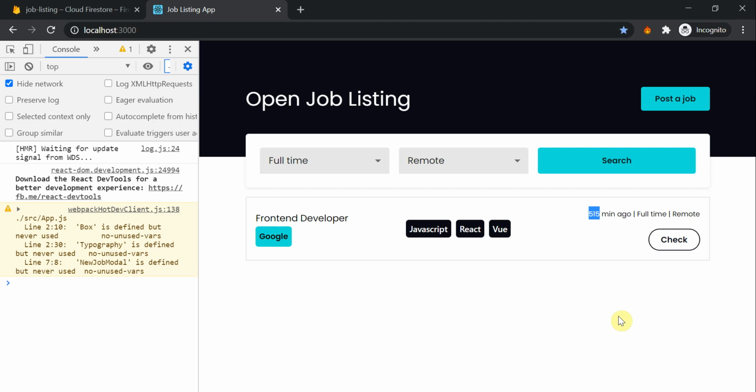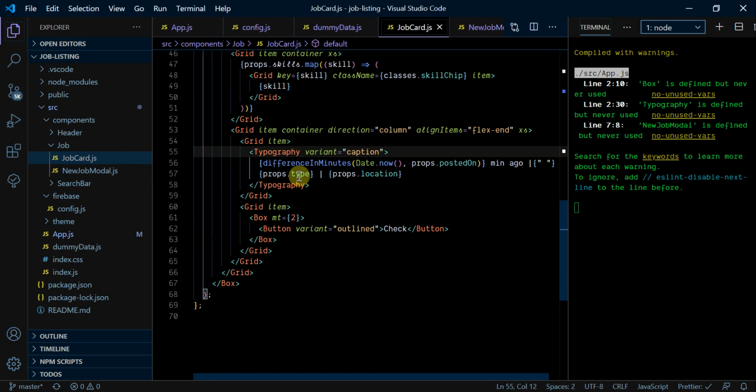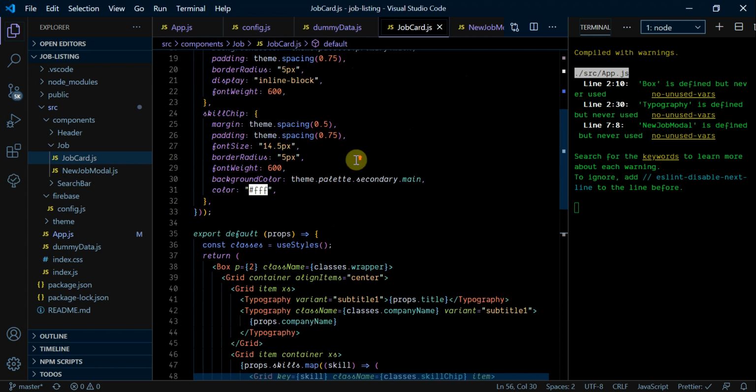And the way you can fix this, if we go back to the job card that we have over here, the way it is working is that it is taking the first state, the starting one and the later one. I won't be doing this in this tutorial to make it simple, but the way you can approach it is by checking the difference, and if the difference is more than 60 minutes, in that case you can use the other function that the library gives us, which is